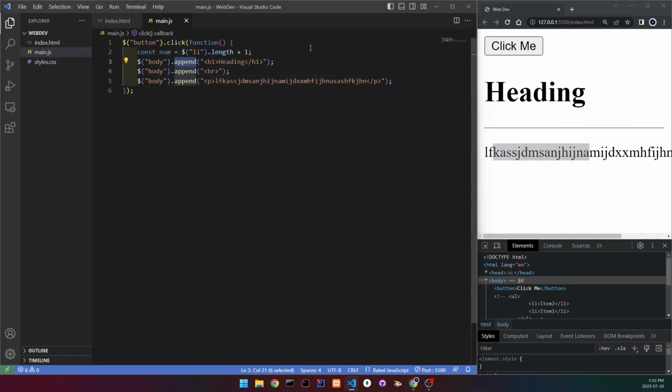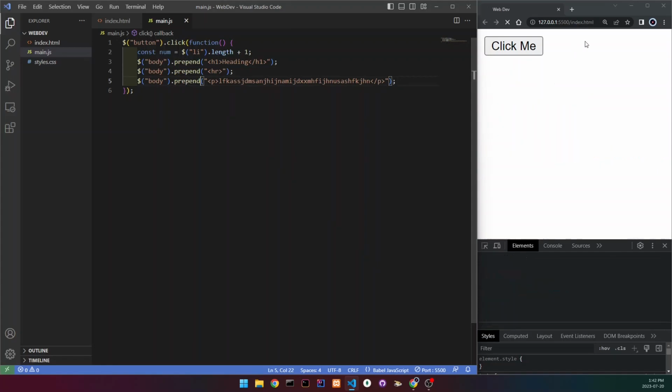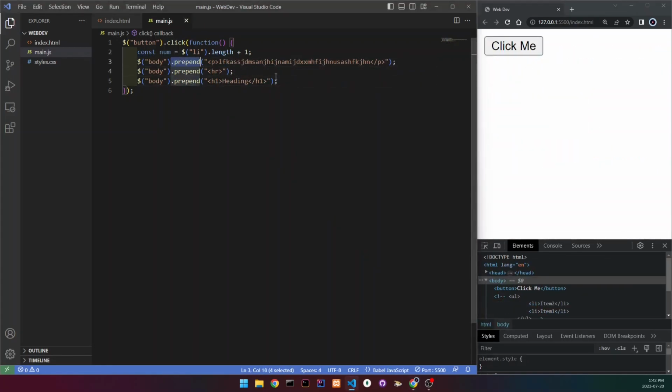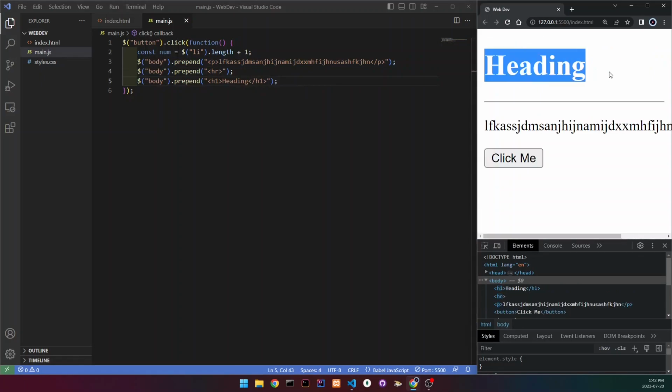and we can put it, let's do the opposite. So it's going to be prepend, so that the button's going to be at the very bottom. So let's put this here. So I have to fix this. So you have to fix the order like this. And now when we click the button, we can see that we've added a heading, an HR, and some